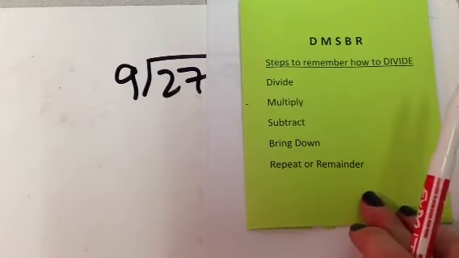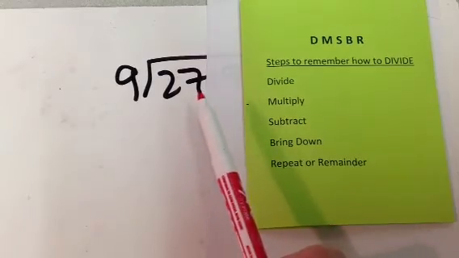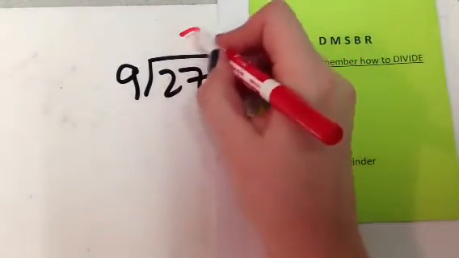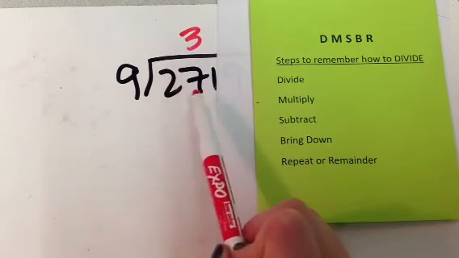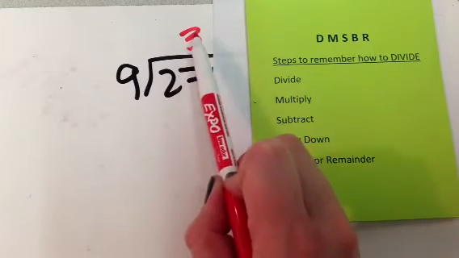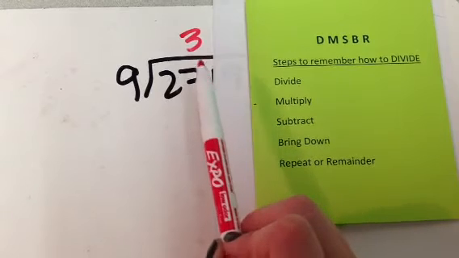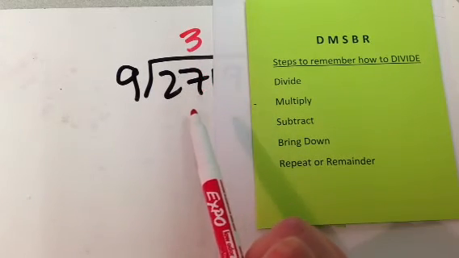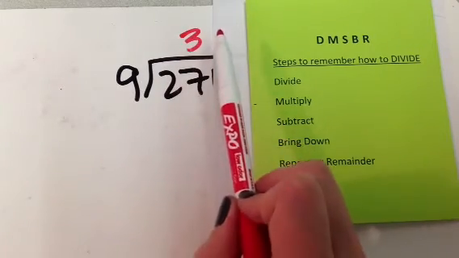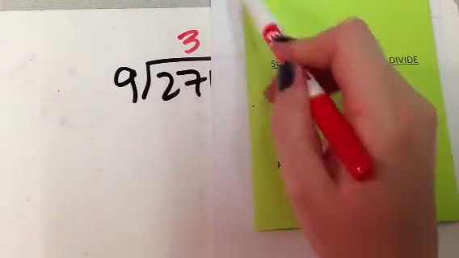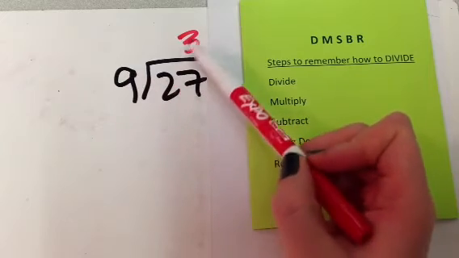So, steps to remember. D, can 9 divide into 27? Yes, it can. It can go 3 times. So I'm going to put my 3 right up there. And if you notice, when I can't go into the first number, I'm moving over and writing the number that can divide in directly above the last place that I'm dealing with, okay? If I were to write it over here, I would get all messed up. It's important to write it above the last number that you're dealing with, which is part of the reason why I like to cover up my numbers a little bit. Okay, 9 can go into 27 3 times.